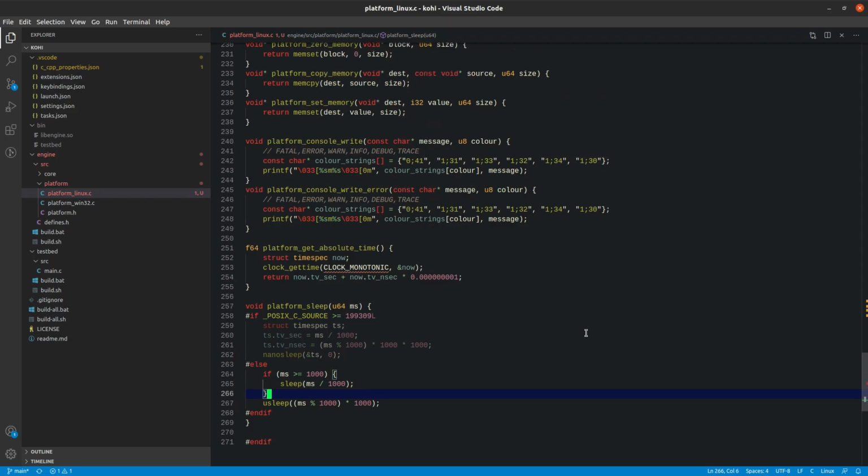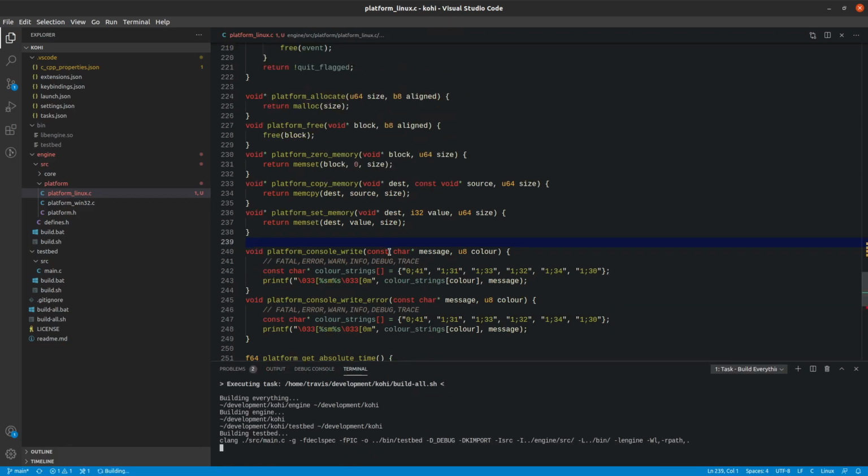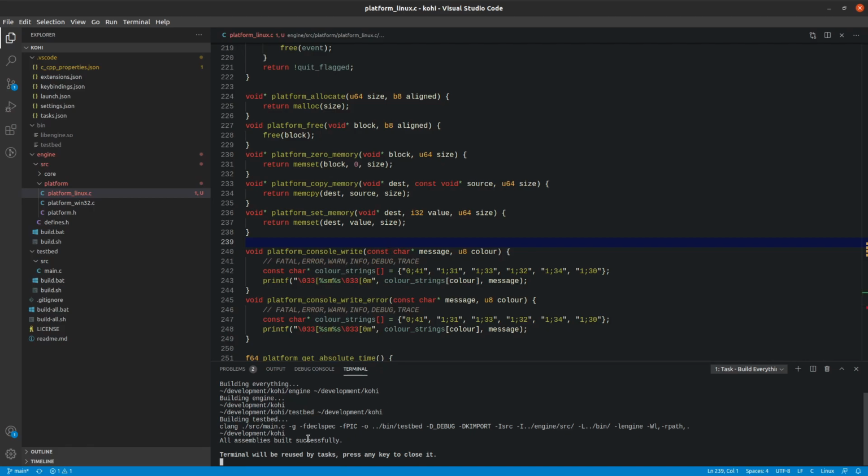The other thing that's a little bit weird is VS Code does highlight this as an error, but it's not actually an error. I'm guessing it's because I'm not pointing to a header file in the CPP configuration, and I've yet to figure out what exactly is going on in there. So for some reason, this is acting a little bit like a fool, but it compiles and works. So with that said, I'm actually going to go ahead and build. And we can see here that our assembly was built successfully. So at this point, if we run,